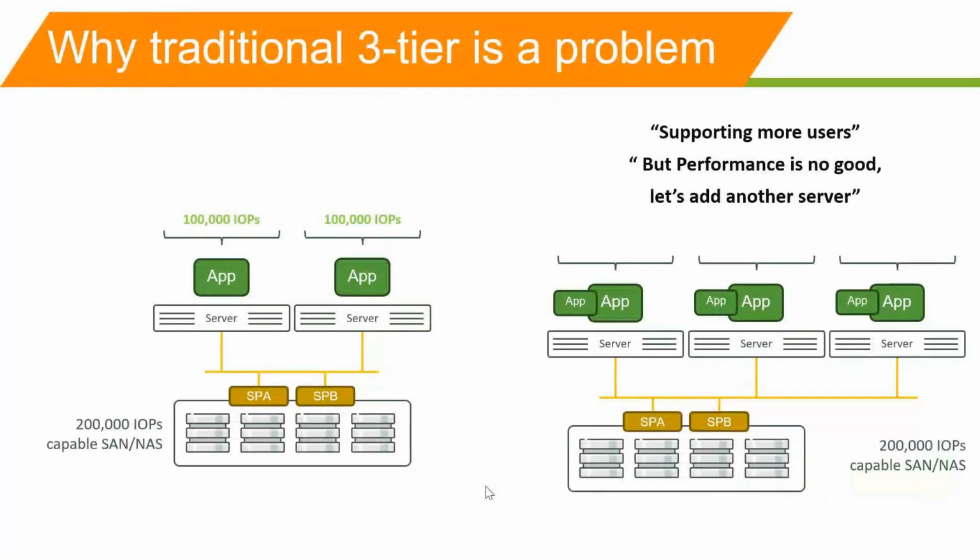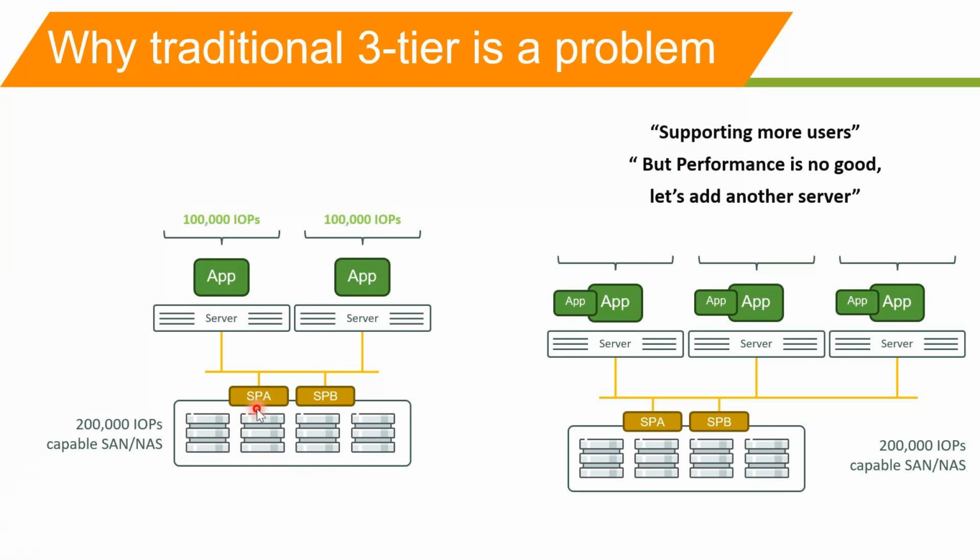I just wanted to touch on another major issue in the traditional three-tier problem, so this adds some weightage to your knowledge. Consider this the legacy environment, three-tier traditional. You have two servers connected to the storage switch, and then the storage controllers. You have two controllers, and then the disk shelf. Here, the performance is measured based on the controller, storage performance. I have two controllers, and every controller offers 1 lakh IOPS. So in total, I have 2 lakhs IOPS capable in the SAN environment.